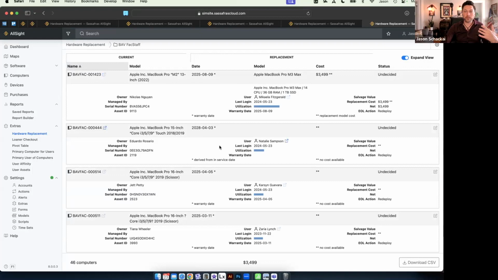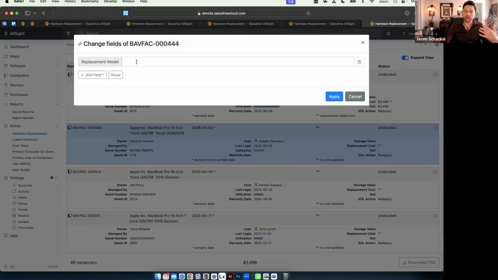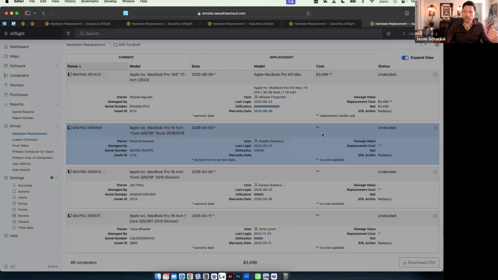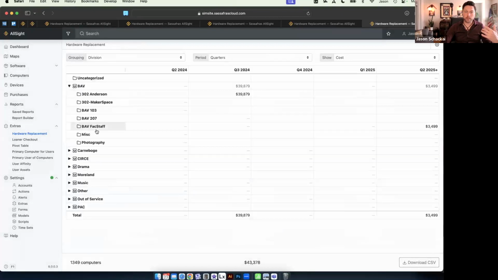You might go through and each individual computer might get a different replacement model selected and associated. So for this second division that we're looking at, this faculty staff division, totally different approach that we